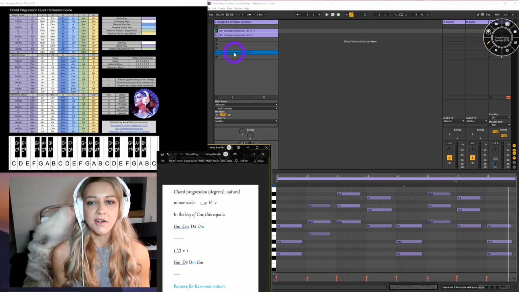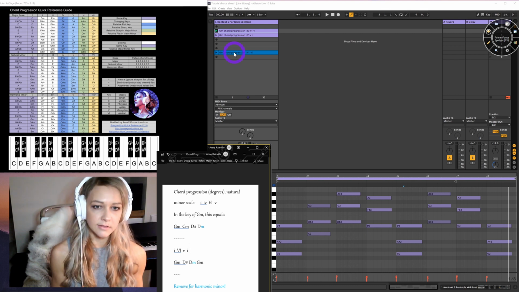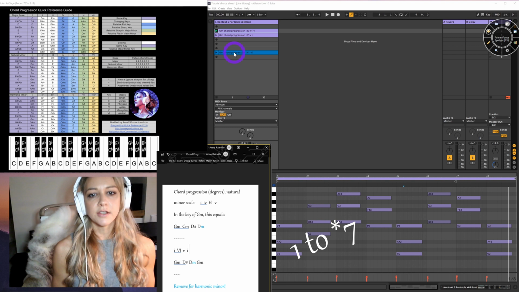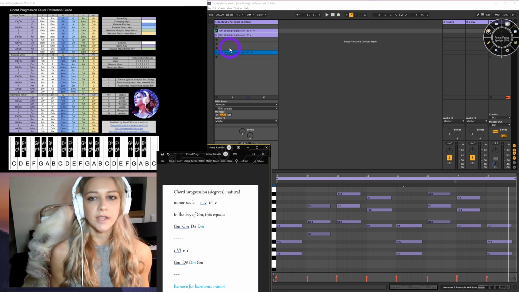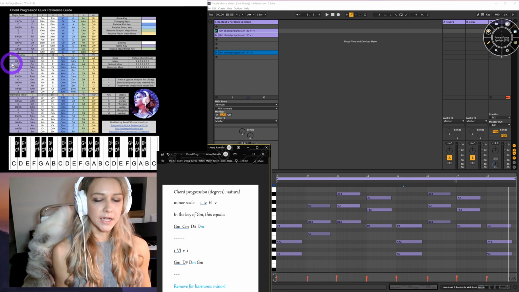I told you what a scale is in Western music, what a major, natural minor, and harmonic minor is, and how to find the different notes in those scales based on the semitones or half-step combinations between them. I talked about how to read the degrees of the scale with the Roman numerals, going from 1 to 6,